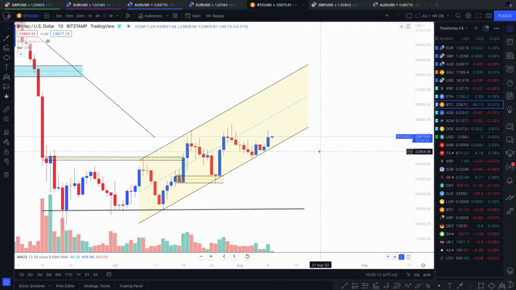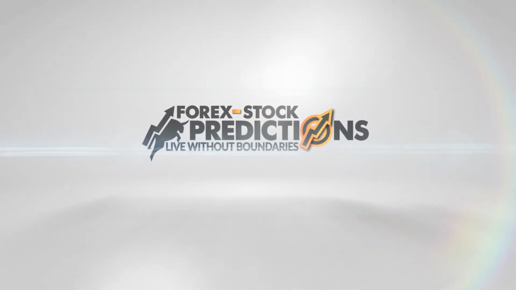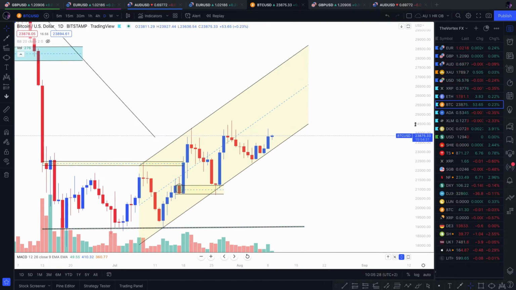I am the Vortex Trader and today we are on Bitcoin. We have a 4-hour bull flag in play. Let's check it out. All right, guys, so before I jump into the 4-hour time frame, before I show you this bull flag,